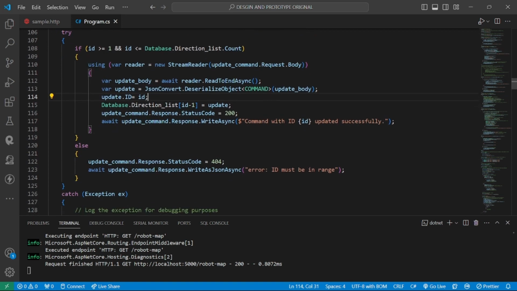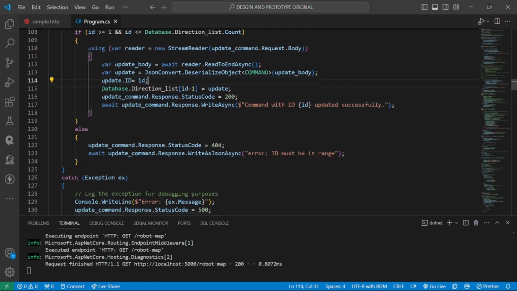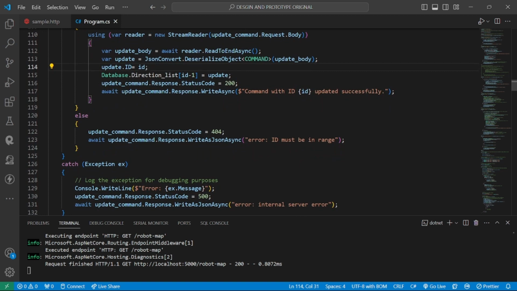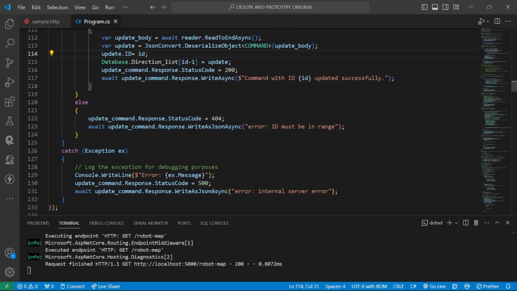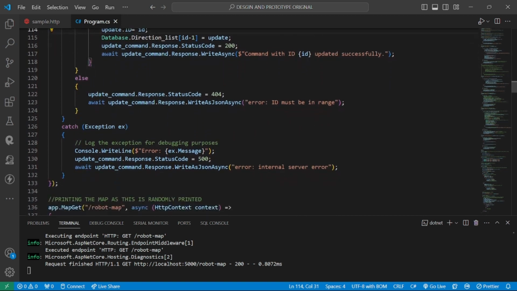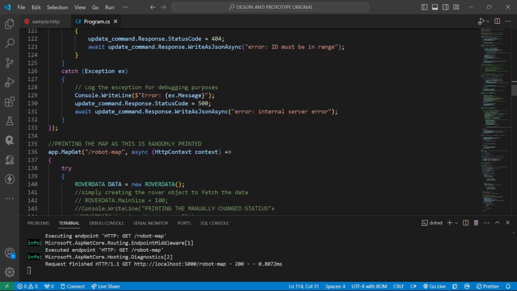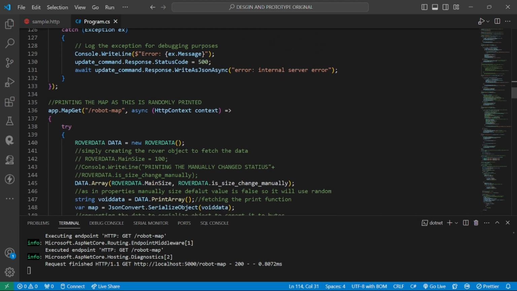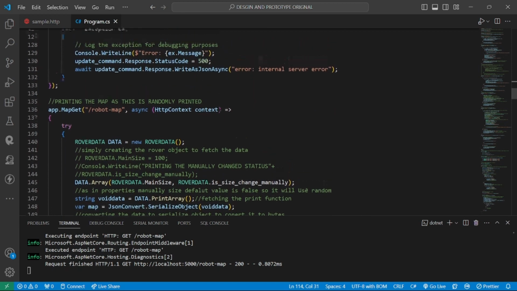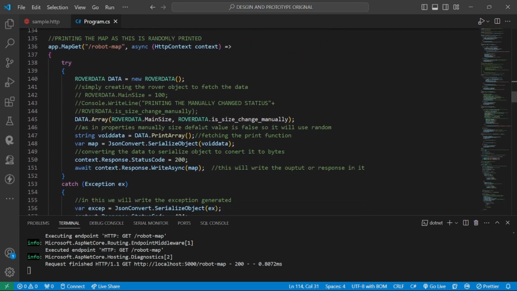And we have used a similar function, the reader, to read all the data and deserialize it, and updated the ID, and also sent back the response 200, and an error if the ID is not in range. Here we are also catching the exception error. And now the functioning of the map get function